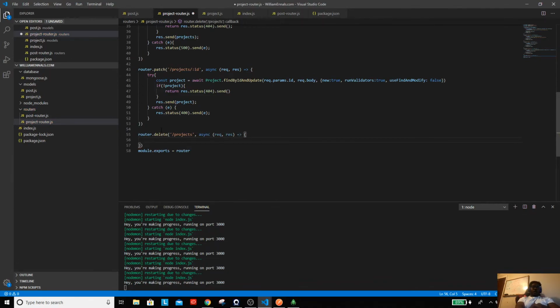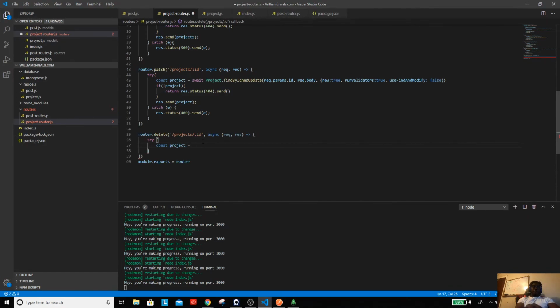So now we have the try, because now we want to delete by a specific ID. So first you have to find it. We're going to try to find the project that we're looking for, and we're going to say const project